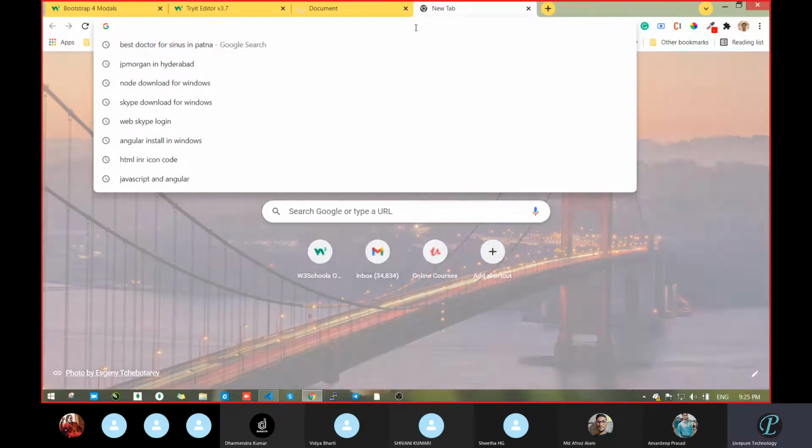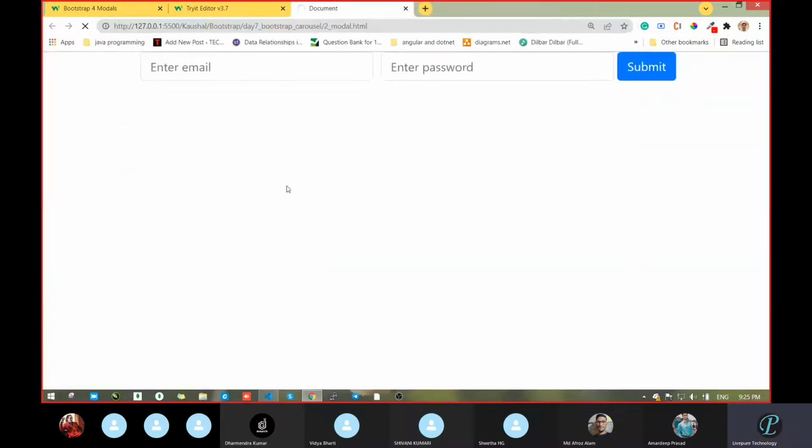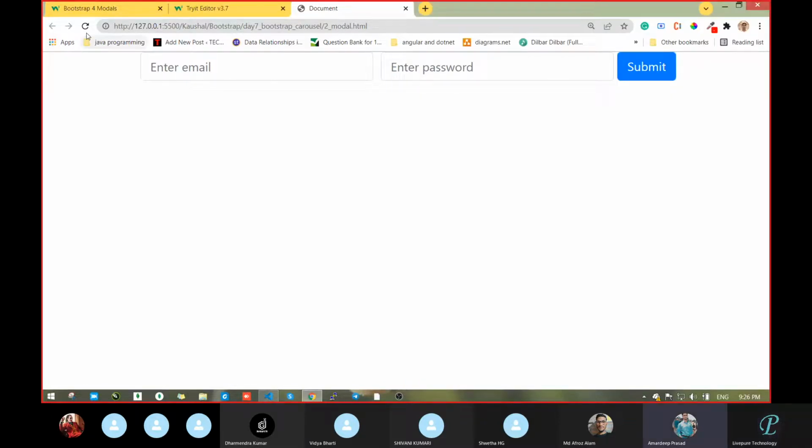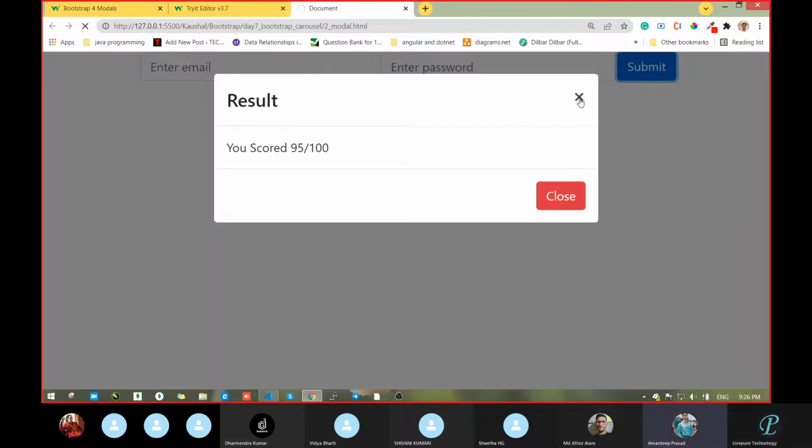Can you search in Google? Hello. Search and tell me the code. Search in Google and tell me the code. Do you know the question? Hello. How many of you are with a laptop? How many with mobile? Sir, laptop with me. Amardeep, how many laptops with you? Two laptops, sir. Two laptops, one mobile.